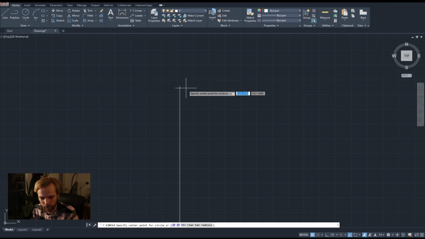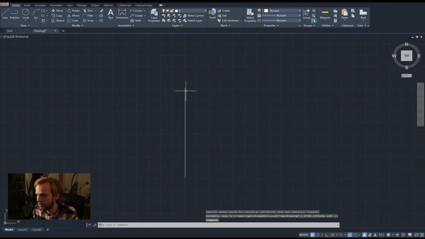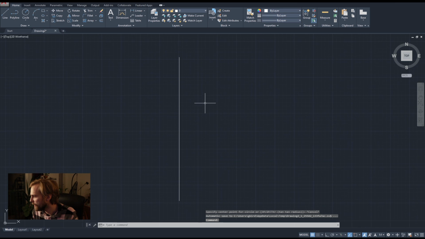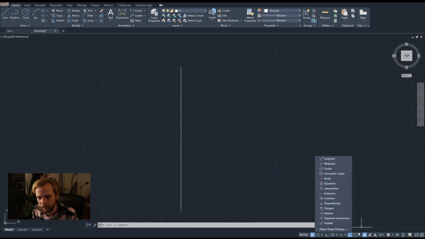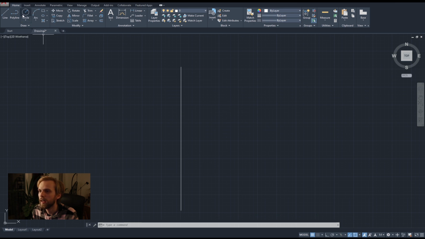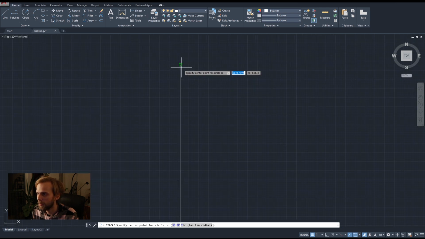So this is not going to work. Instead, let me hit escape to close that tool. Instead, I am going to tick mark the endpoint snapping here. That's enabled now. And now if I choose my circle tool, I can click on it. Actually, when I choose my circle tool and I hover my mouse next to the endpoint, you can see